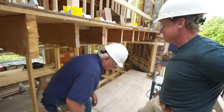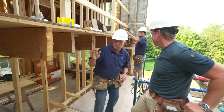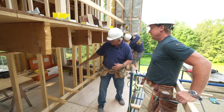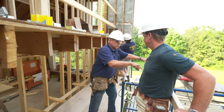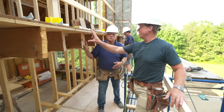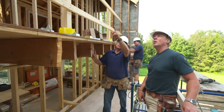My tour is done, so yeah, what do you got? All right, so what we have to do is we have a beam that really has to be strong here because we're carrying a lot. This is going to open us right up. Yep. We have the kitchen, as you said, there with an island. In a little further into the new space is a big stairway that leads downstairs. So carrying a lot meaning big wide open span, but also carrying all of the second floor and any of the roof? And some of the roof load, and we have a point load over there we have to deal